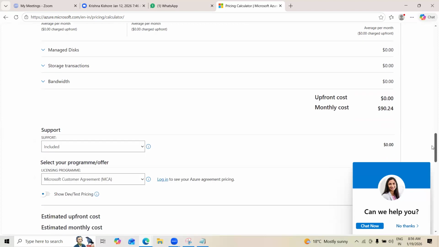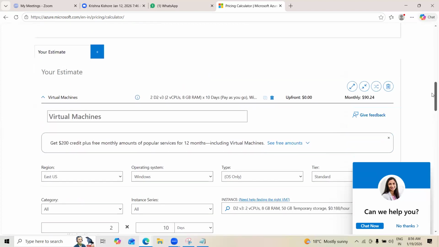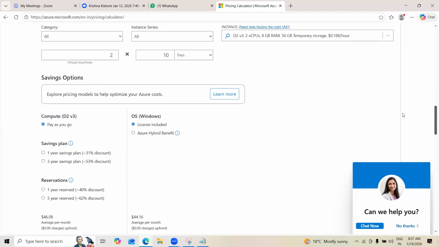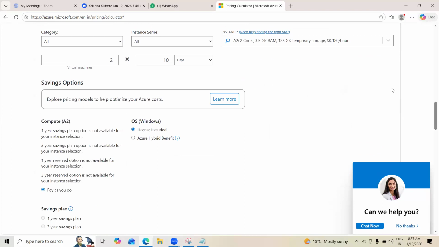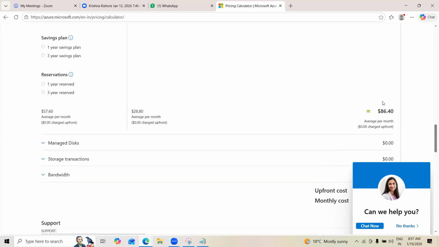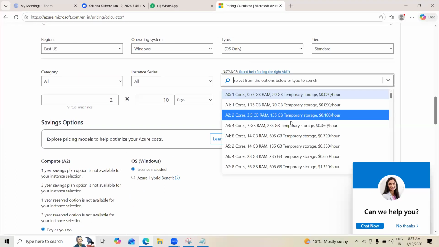Once you have the calculation, you can add whatever resources you want to build, add all these things, and create a report. Then you can upload it and explain to the customer: if you want to use this service for this many days, this is the model I have. For example, this is the W2 model. If I choose a different model, the price will change. You can see 86 rupees. If I go to a different model,